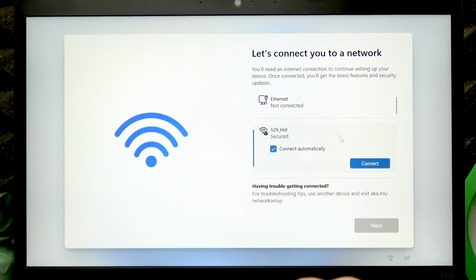Then you're gonna have to connect to a network, either by plugging in the Ethernet cable into your computer or by selecting the available Wi-Fi network from this list. If you want to connect to it automatically,